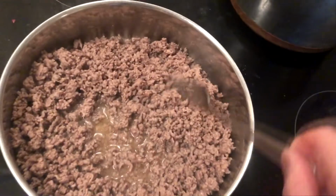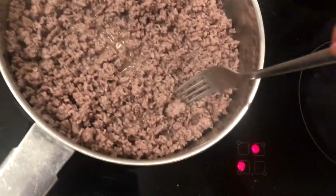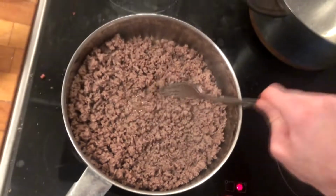So this is all gray now. There's no red. There's a couple of pieces, big chunks, but you just kind of get them. If you have scissors, use those. Otherwise, it'll be a lot harder. Cut that. There you go. Out of here, and then